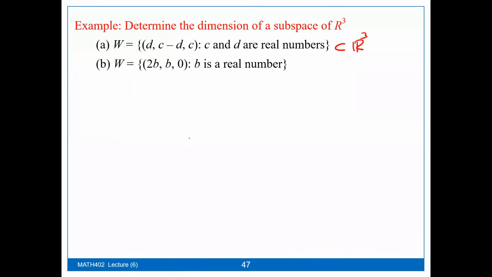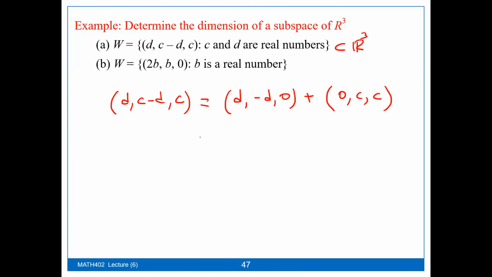What's the dimension of this subspace? Here the elements were written as (D, C - D, C). So we can split it into vectors which have only D's or only C's. We split it in this way. We make D a common factor,